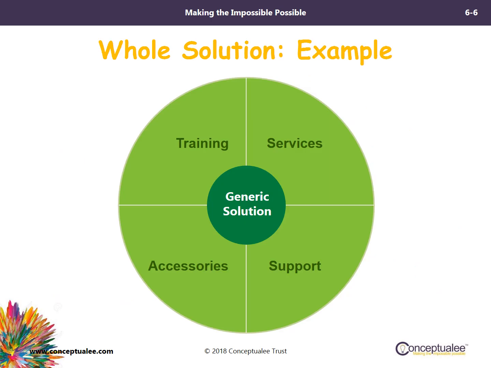So here I have an example, again, of just showing you a whole solution example. There was a generic solution, but then there were other things that the customer might expect to see as a part of the product. So maybe when you first started, you really didn't have a strong support system because the demand was high. You never thought about having a support number, or having a separate staff for that. And so now maybe support and accessories were actually the big things that the customer expected. So this is the expected solution.